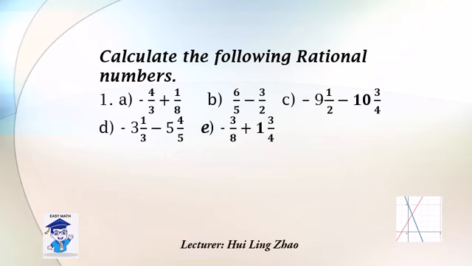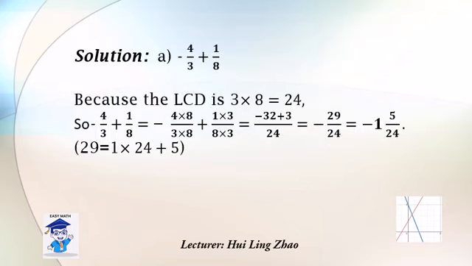Next, we will do it step by step, one by one. Solution A, negative 4 over 3 plus 1 over 8. We see there are denominators 3 and 8. They have no common factor, right? So the LCD is 3 times 8 is 24. So for this expression,